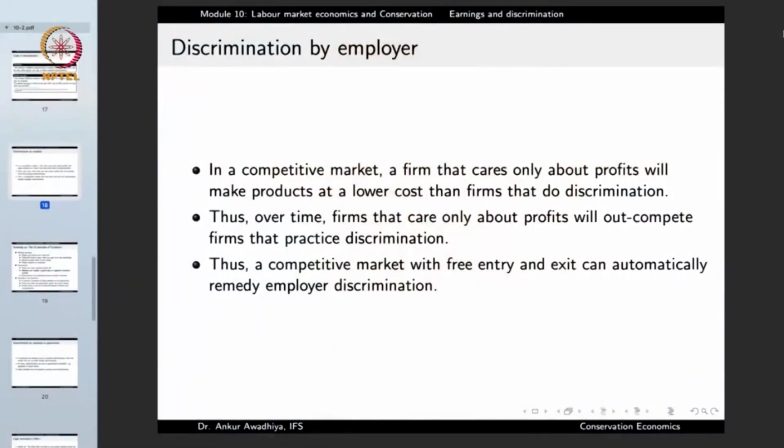And we have seen before that in the case of a competitive market, the firms that produce good quality products at the least possible price are the firms that get the orders. So over time, the firms that care only about profits will outcompete the firms that practice discrimination. And thus, a competitive market with free entry and exit can automatically remedy the employer discrimination,